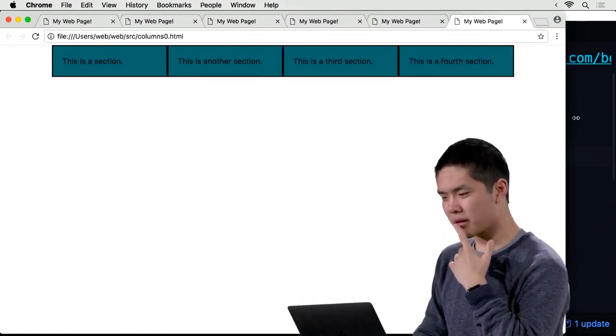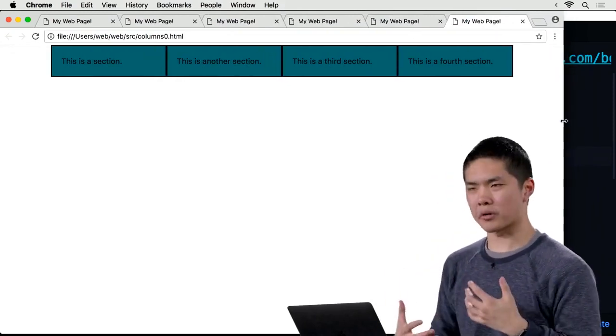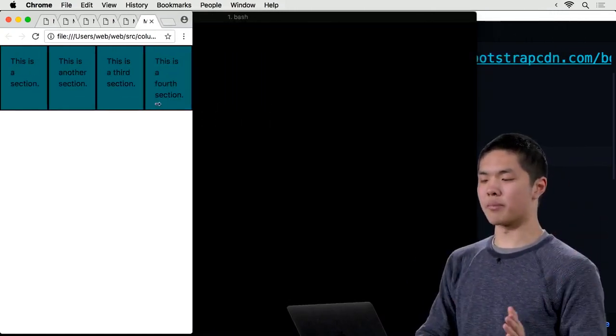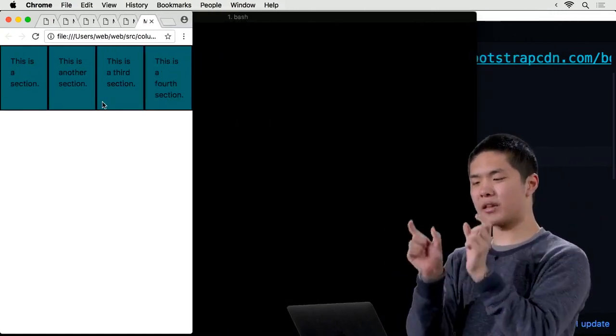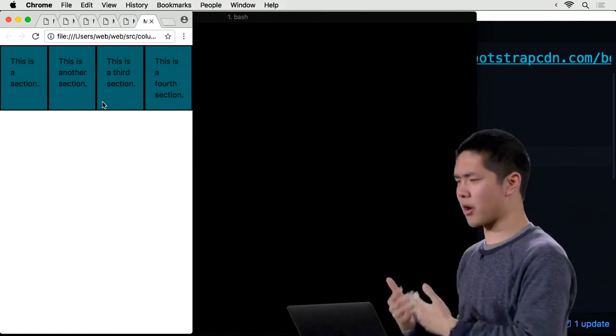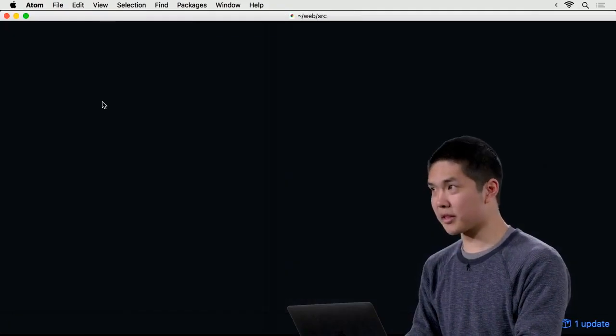So that's 4 columns. But really what I would like is for these columns to move around depending on the size of the screen. I don't just want it to be 4 columns, because once it gets to a really narrow device, with a lot of content in them, this is going to look really squeezed together, so to speak. So what might I do about that? Well, in this case, let's take a look at